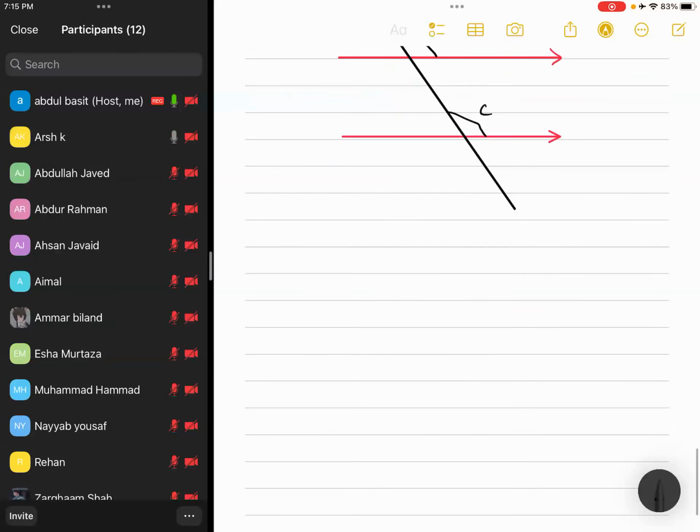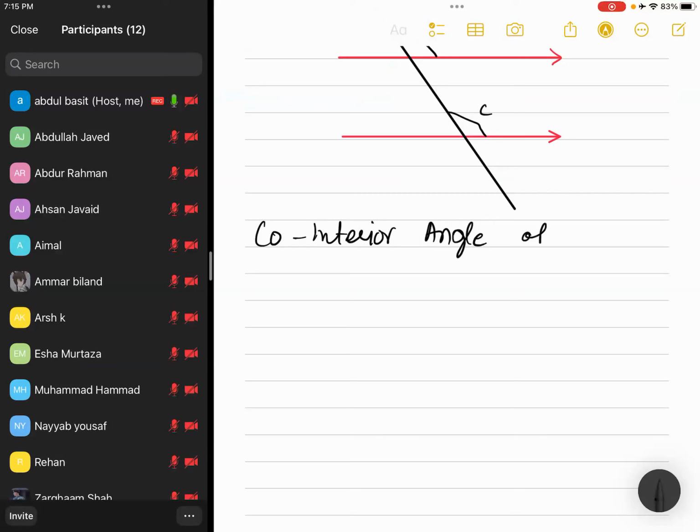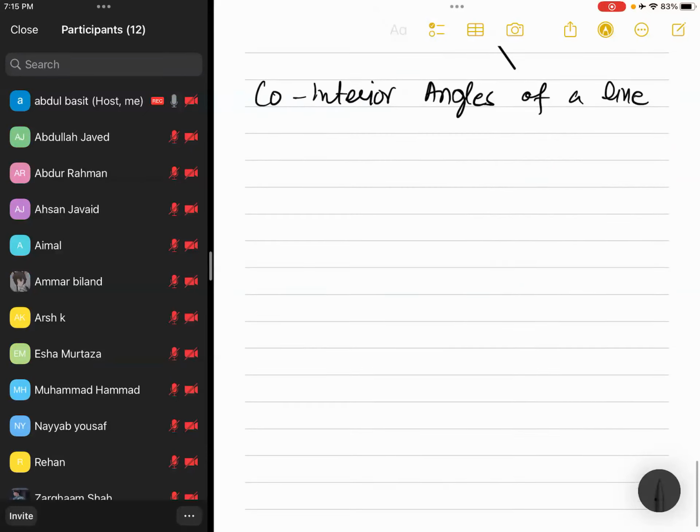Okay. And the last one we have is co-interior angle. Co-interior angle of a line. Okay. So